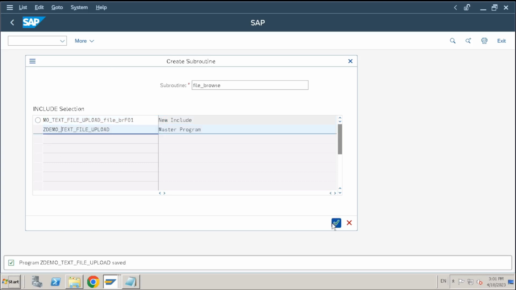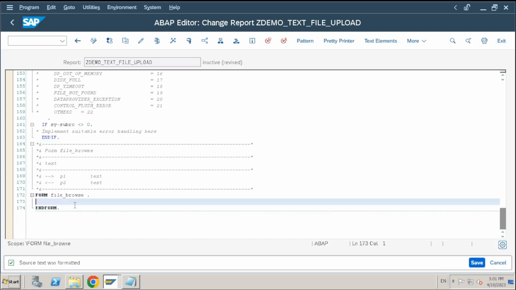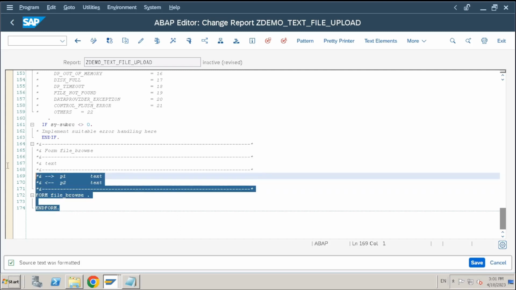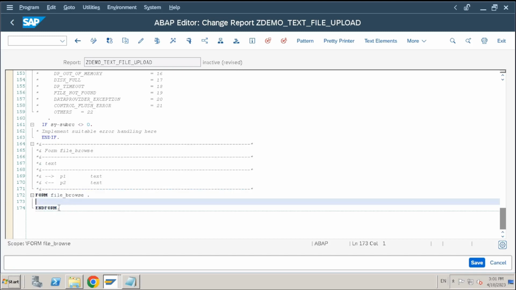I'm selecting the main program, so it will place it at the end, because after subroutine definitions we cannot write any executable statements. If we put it in an include, we can access the subroutine globally. If you keep it in an include program, you can use the same functionality in different programs also. Whatever you keep inside this form and end form. Now let's call the function module